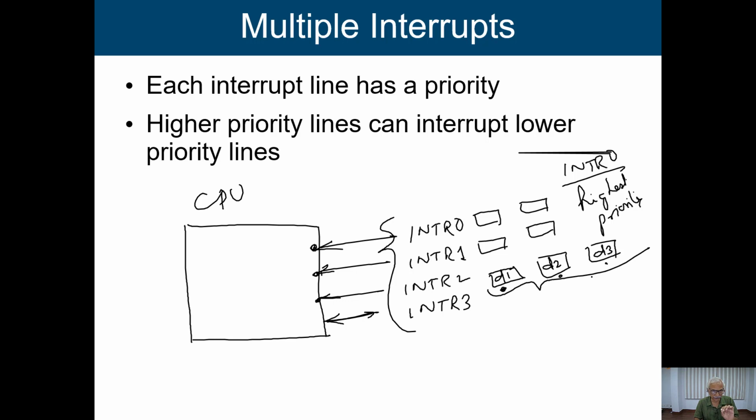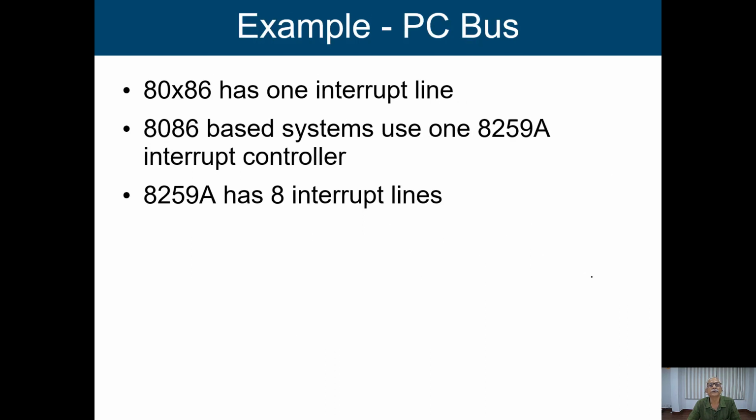In a particular line, we can assign priorities to the devices connected to that particular interrupt line, and if we are having several interrupt lines, again we can assign priorities to those several interrupt lines. So this is the way we are going to identify the devices, and we are going to set priorities to the devices when we are going to handle multiple interrupts. So this is basically, in a nutshell, how we are going to handle the interrupts, and in case of interrupts what will happen?